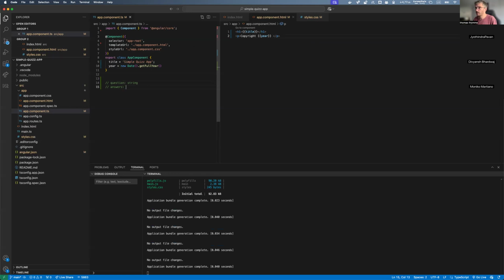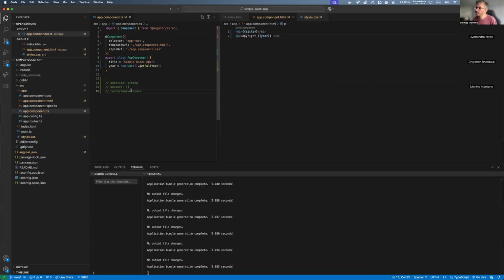So an answer will be what? There will be an array, right? There will be an array with different possibilities, okay? And we can have as well in our object, what is the correct answer? Okay, correct answer. And this one can be either one of the answers, or what I'm going to use is the correct answer. I'm going to write it like this, as an index.